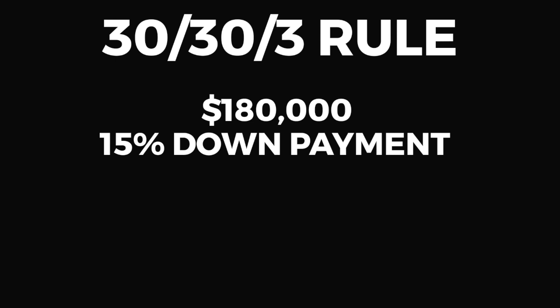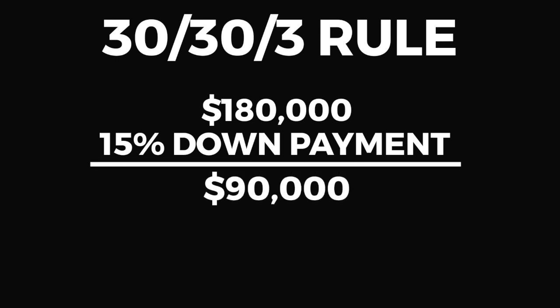So if you had 30% of the home's value, that would be $180,000, and after a 15% down payment, you would have $90,000 left over as a much better safety net. Plus, if you had 30%, you could actually put down 20% and get a better mortgage payment out of that. So by using this rule, you already violated two of the things, and you would violate the last one as well,